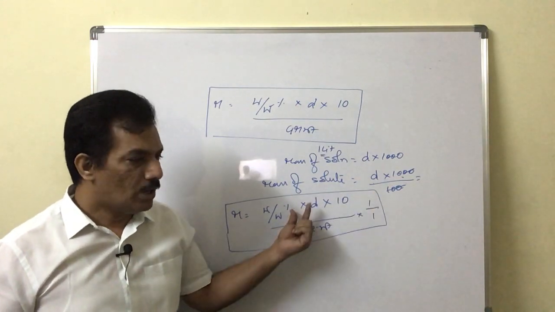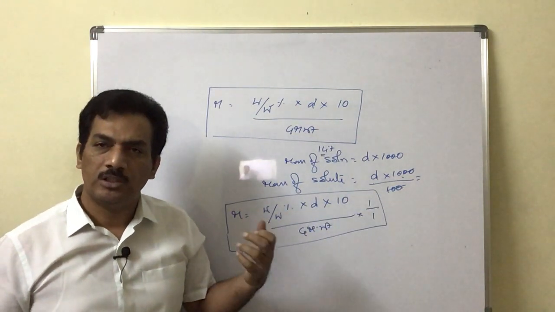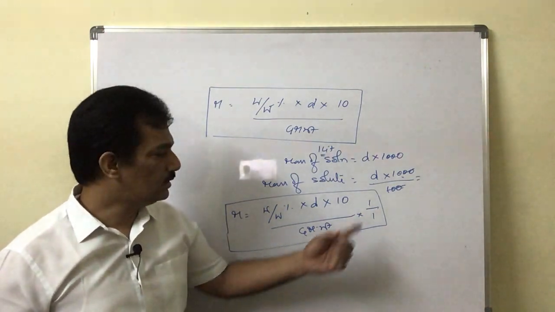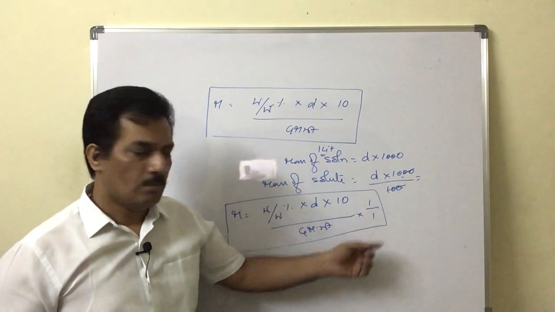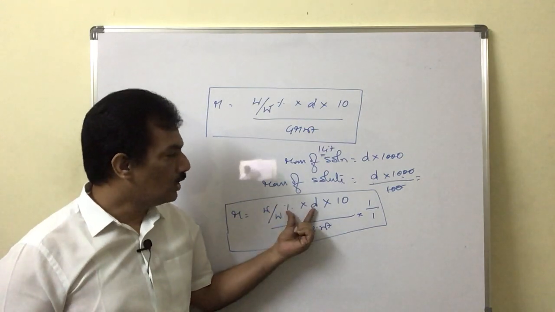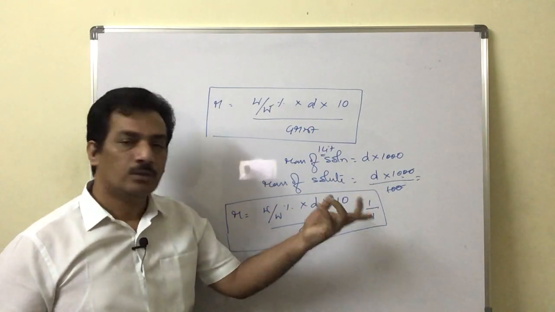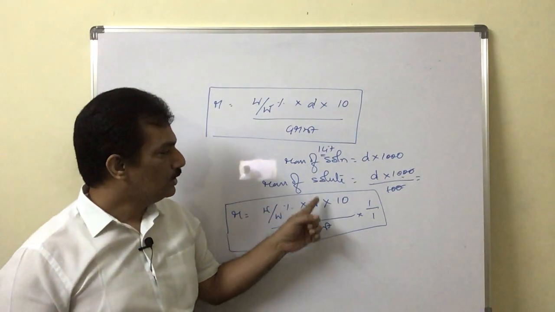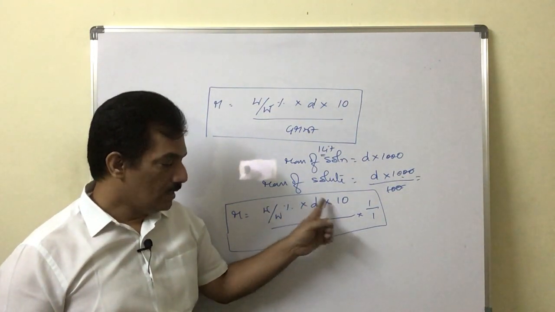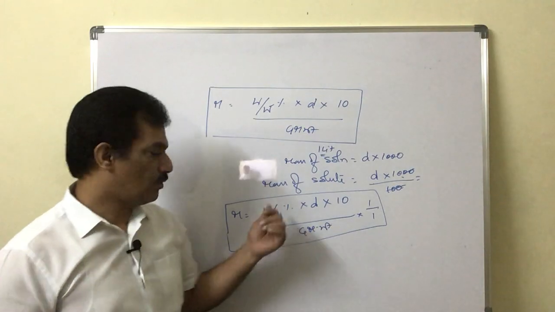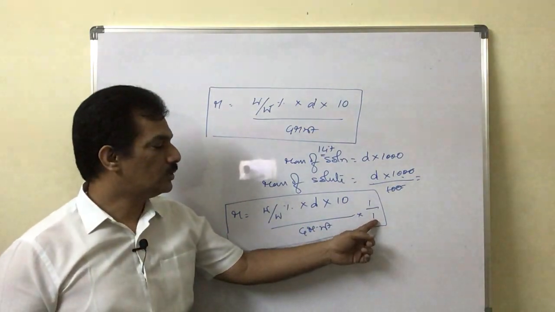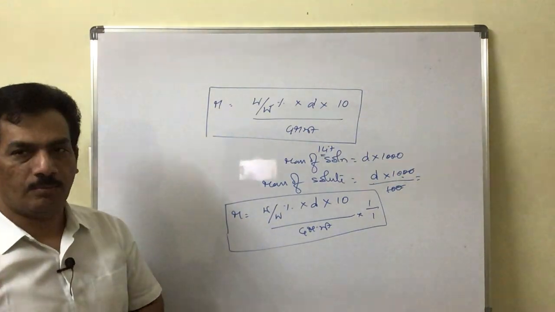And already we know that when the mass of the solute is given, it is mass of solute by gram molecular weight into 1 by volume in liters, is it not? So it is 1 by 1. But from mass of solute, how to convert it into moles? Mass of solute by gram molecular weight will provide the number of moles. The number of moles in 1 liter of solution is nothing but molarity.